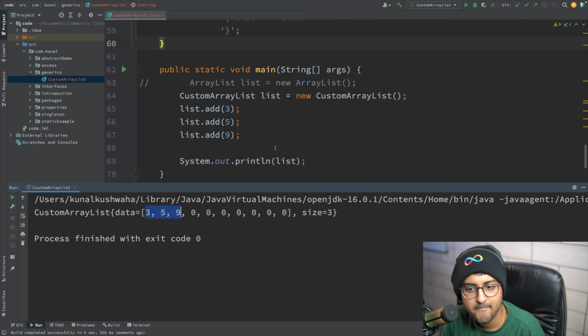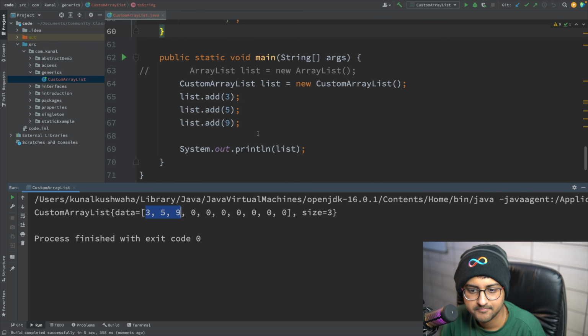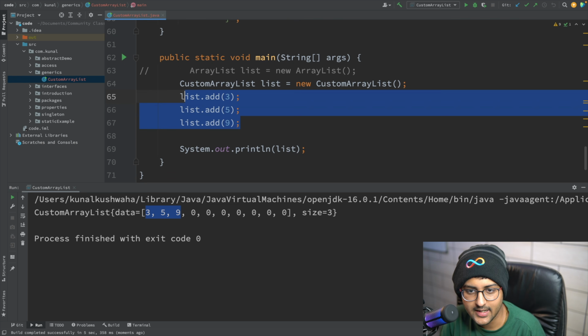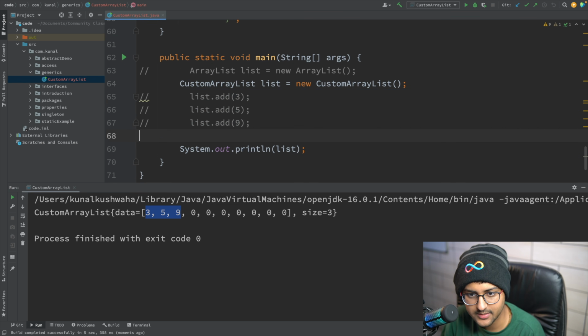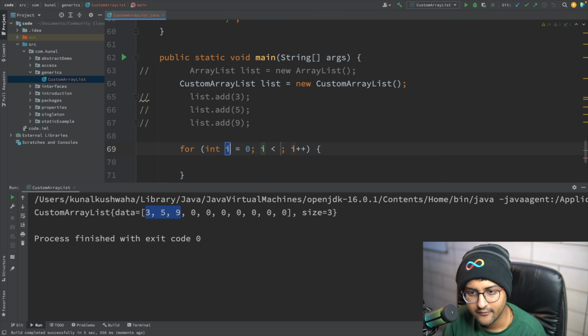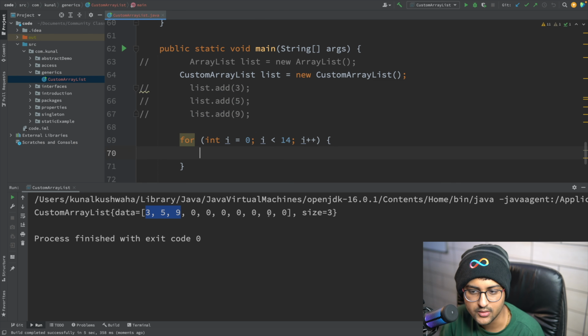Make sense? Sound good? When you add 10 items in it or 11 items, for i is equal to 0, i is less than, let's say 13 or 14, and i plus plus, it will actually double this into size 20. Actual size it's saying it's 3, so it's fooling us. So size here is not equal to the size of the internal array, it's equal to how many data you have inserted.